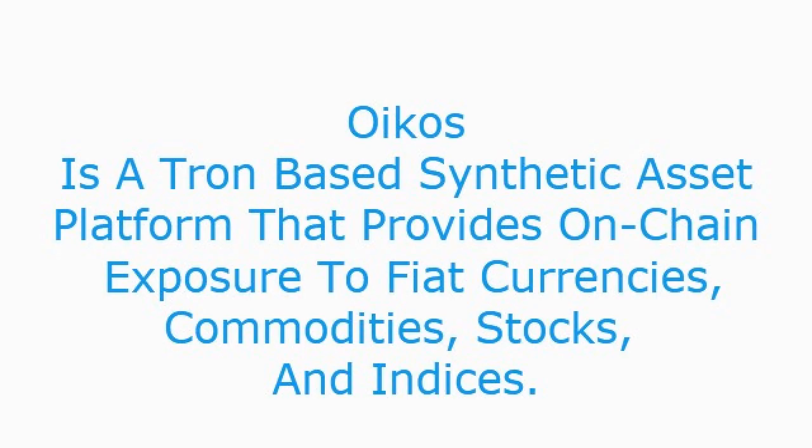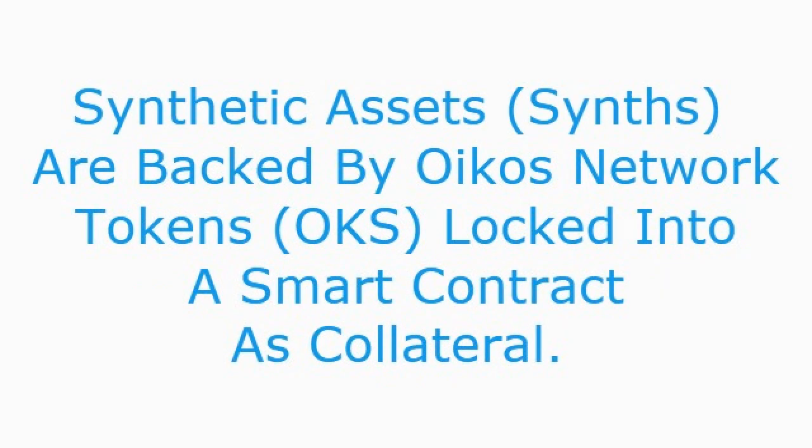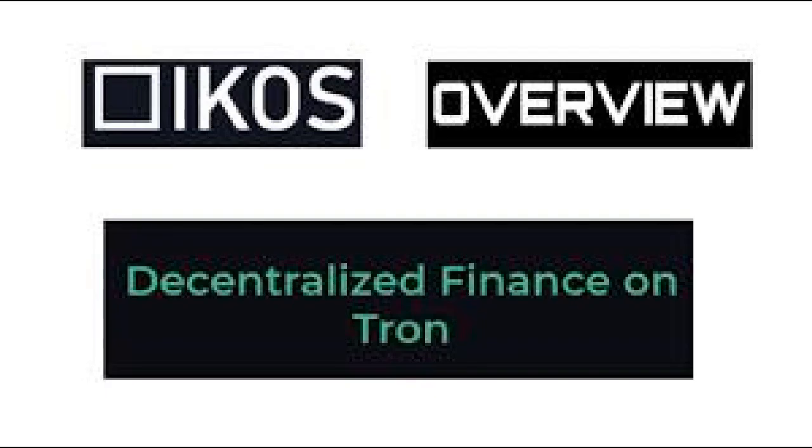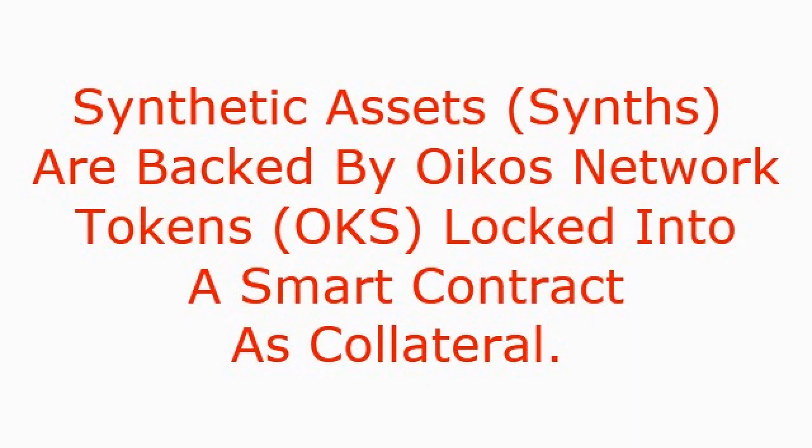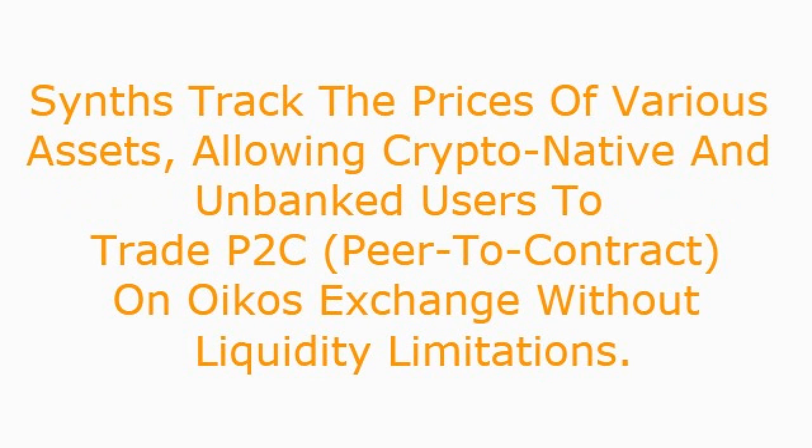OIKOS is a Tron-based synthetic asset platform that provides on-chain exposure to fiat currencies, commodities, stocks, and indices. Now, synthetic assets known as synths are backed by OIKOS network tokens, which is OKS, locked into a smart contract as collateral. Synths track the prices of various assets, allowing crypto native and unbanked users to trade peer-to-contract on OIKOS